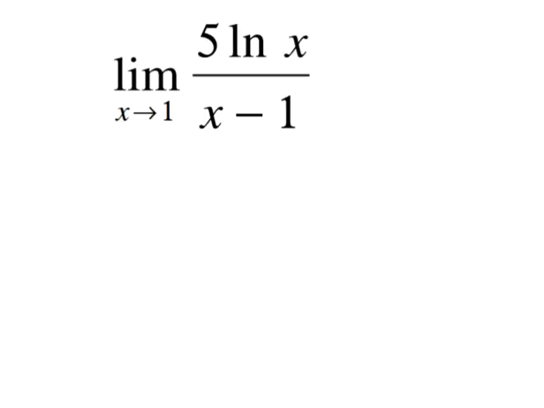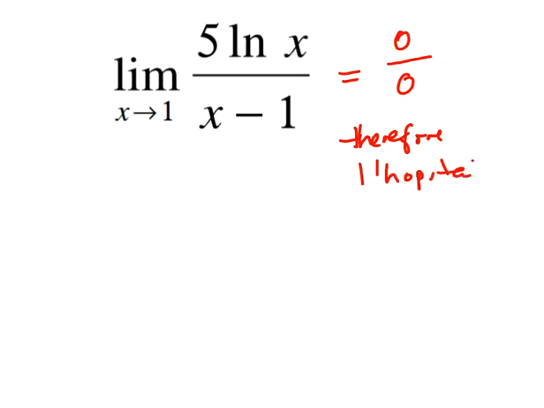So first thing we want to do here is turn on our pen, and we're going to plug in 1. So we try a direct substitution first, and we get ln of 1 is 0, times 5 is still 0, and 1 minus 1 is 0. Hey, an indeterminate form. Therefore, L'Hopital's